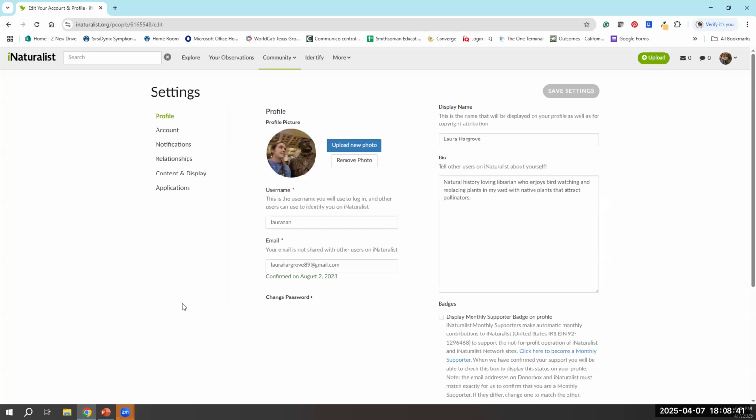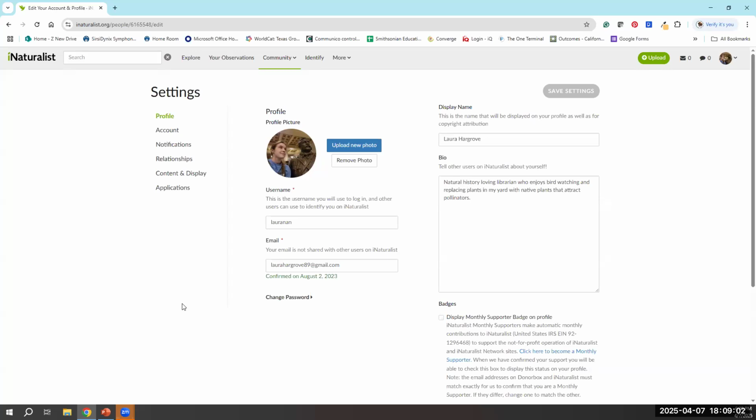So under Profile, you will be able to edit your username. This is the display name that shows up on your profile and in any copyright attributions for your observations. And then on the right of the screen, there is the option to write a short biography. What do you want other users to know about you?